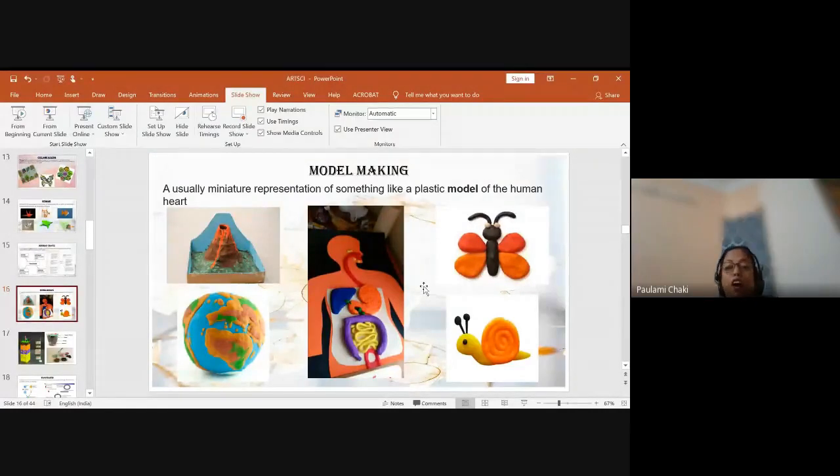Earth, how it looks when we are teaching them rotation, revolution. Then different phases of moon also can be done, small 2D models can be made. Volcano model can be made. This volcano model, I remember I did in grade 5 when I was teaching them natural disasters. So I told them, you all will bring clay and you are going to make beautiful models of volcano. So this type of model making is one of the things which we do quite often.